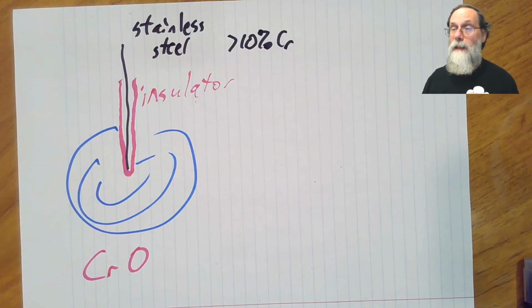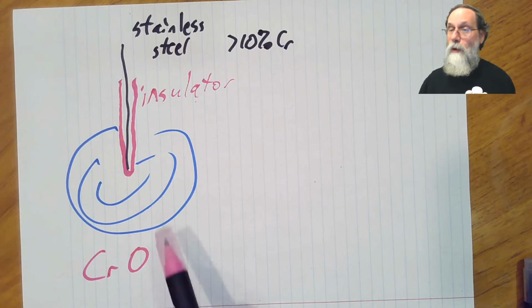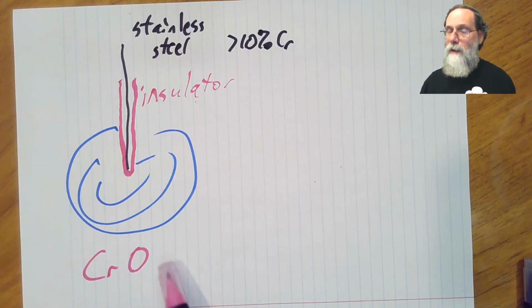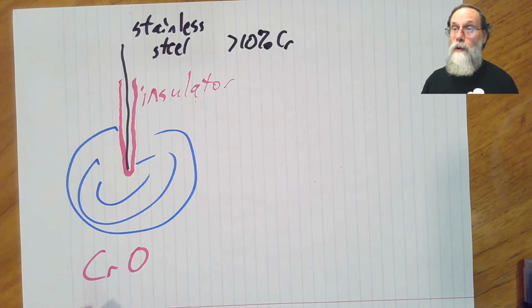And so the chromium oxide sits there on the surface and blocks the electrolyte, the water, the oxygen, whatever it is that's outside the wire, from getting to the wire, so that the wire does not corrode. Of course, for stainless steels to work, they have to be in an oxidizing environment so that the chromium oxide forms. If you put stainless steel in a reducing environment, the chromium oxide can be reduced. You end up with the chromium, and the iron can be exposed for reactions with various things in the electrolyte. So you generally want to use stainless steel only in mildly oxidizing conditions.